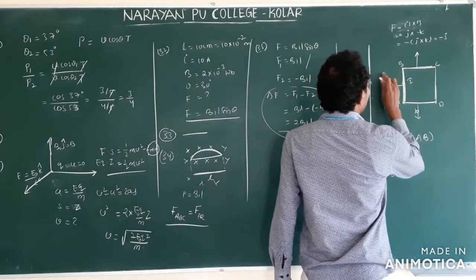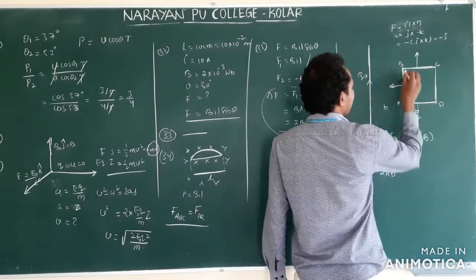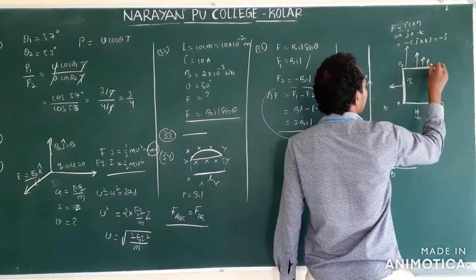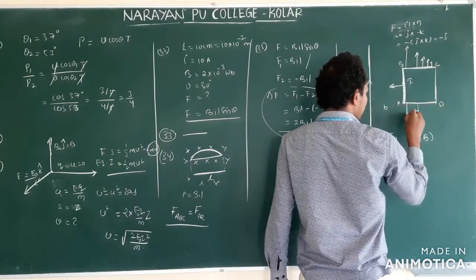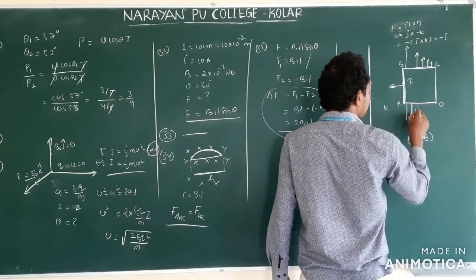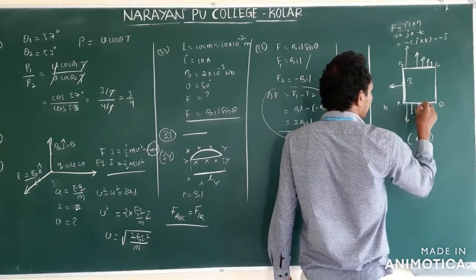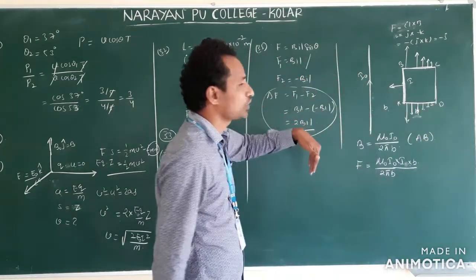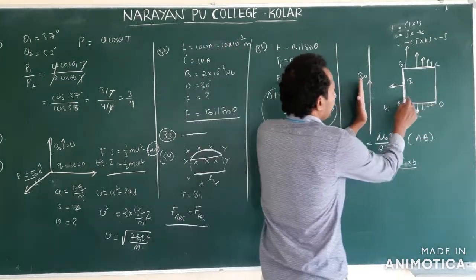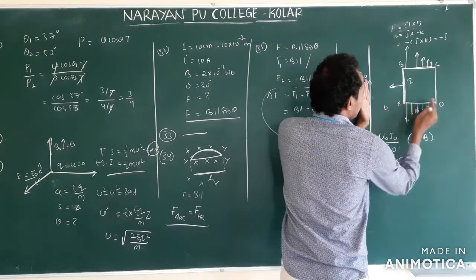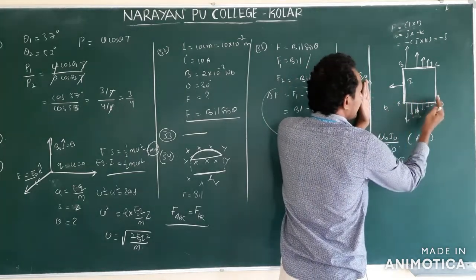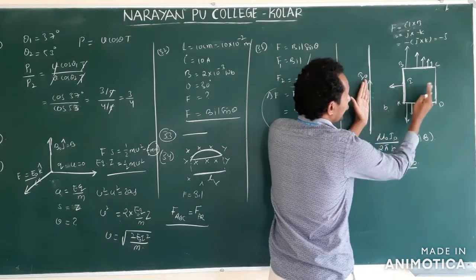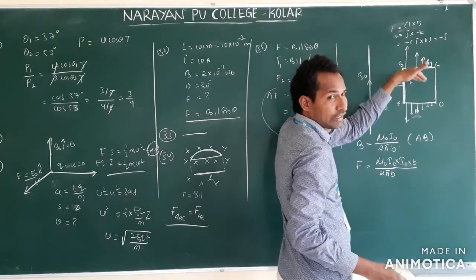Actually, as distance increases, the magnetic field decreases. So this experiences the maximum force. This conductor experiences force like this, and here also this conductor experiences force like this. As it moves away from the conductor, the force gradually decreases. Why does the force decrease? As from this conductor, this length is continuously increasing. Increasing means this B is increasing, and this B increasing means the field decreases. That's why the force decreases.